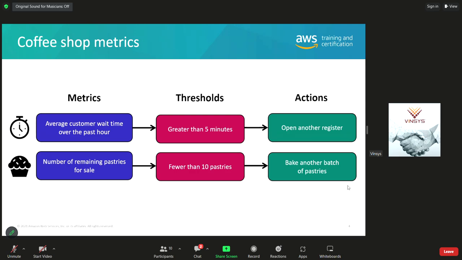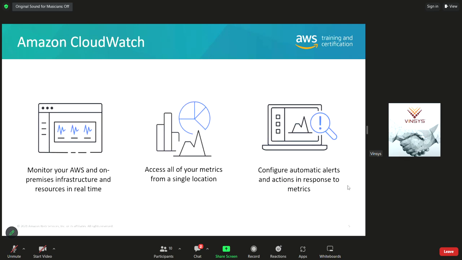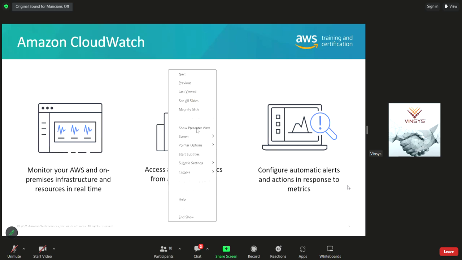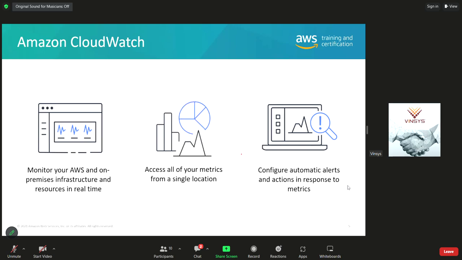I think we have taken this earlier as well, but just a quick revision as I told you. So this CloudWatch service, it is used to monitor your resources. First of all, it is the performance monitoring service in AWS. Okay, it is performance monitoring service in our AWS. It is used to monitor your AWS resources as well as your on-premises infrastructure as well, and access all your metrics from a single location. So in that case, we can create a dashboard. Okay, so if you create a dashboard, you can